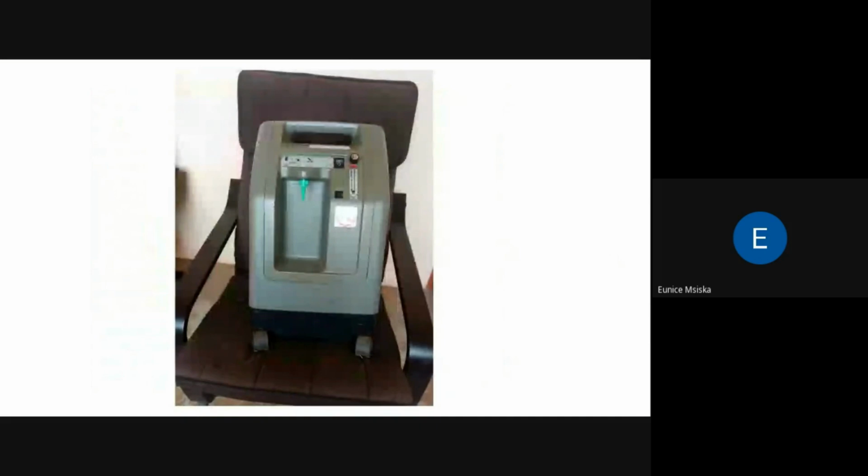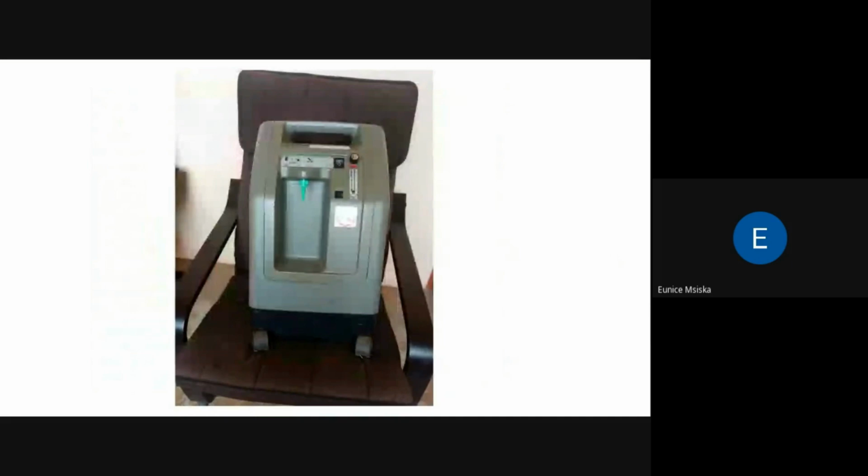Never place the oxygen concentrator against the wall, curtains, or furniture, or in any closet. Room air must freely flow into the unit for our oxygen concentrator to be safe. Always place the concentrator on a hard surface and never place the concentrator on a surface such as a bed or a couch.